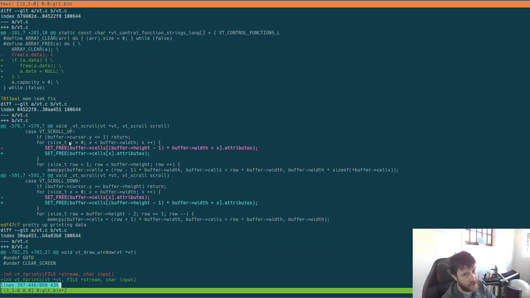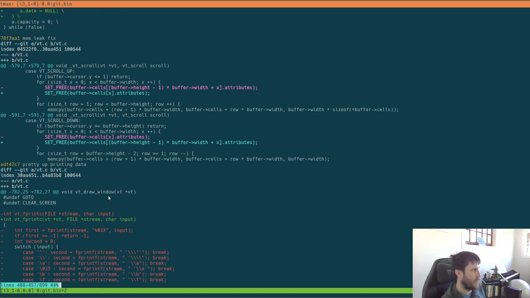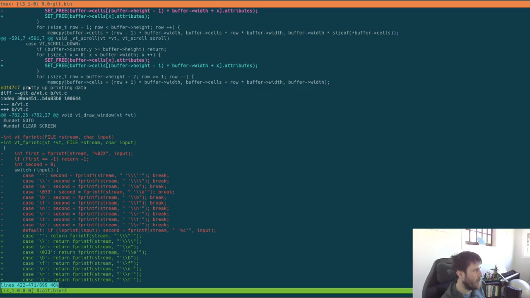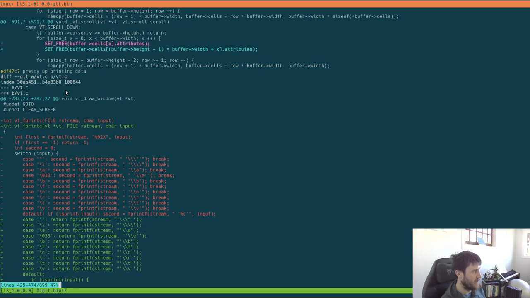And I also found a memory leak when I was scrolling up and down. When I was scrolling up, I was copying the bottom one to the next one, so it was doing some weird funky stuff, which I worked out with some scrolling things, and we've also got some